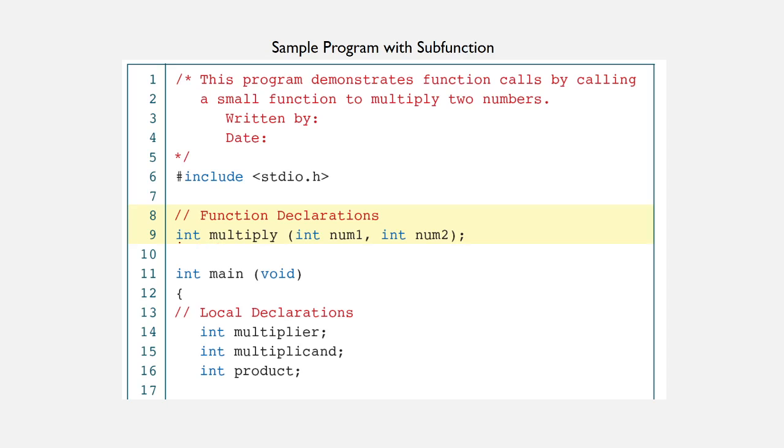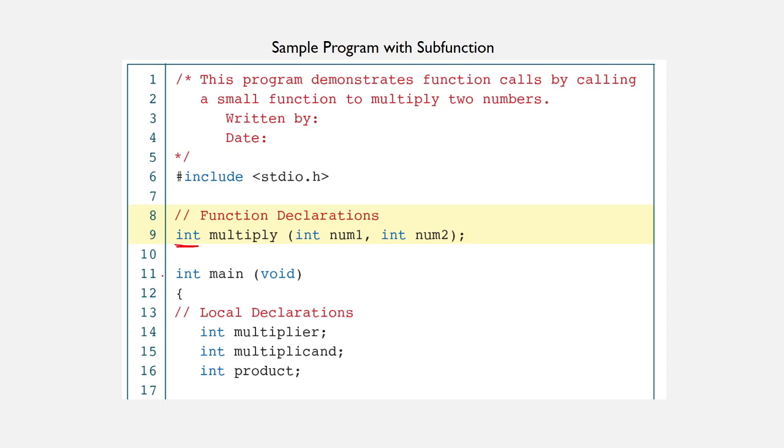It is simply just a function heading of the function definition. So this is a function declaration for the function multiply, that will return a value of type integer.